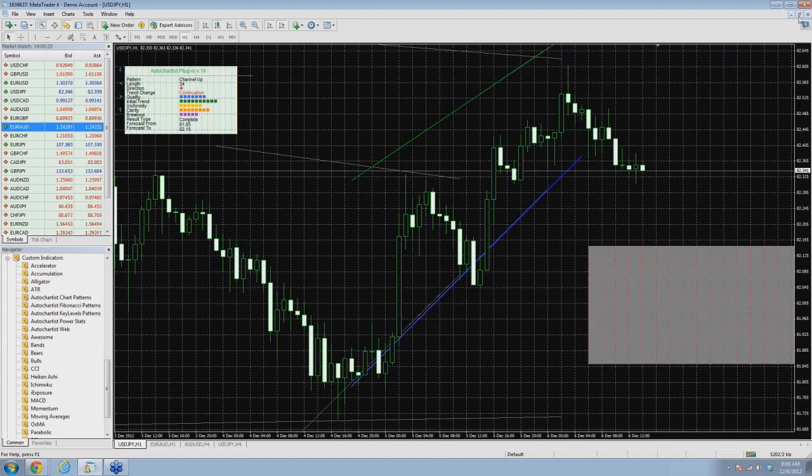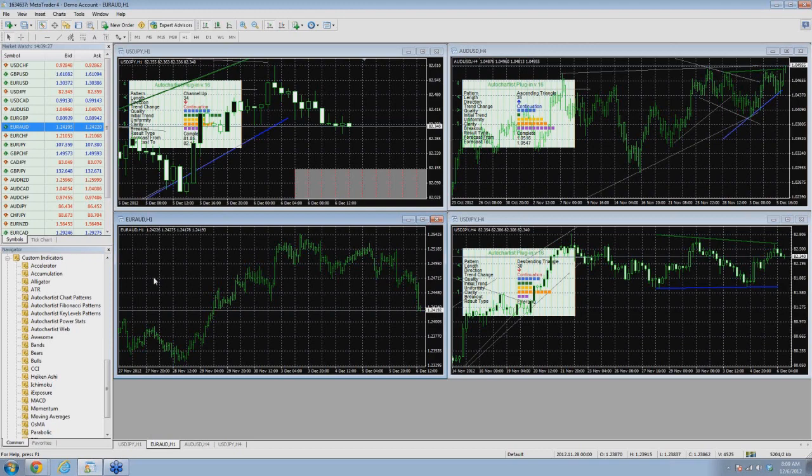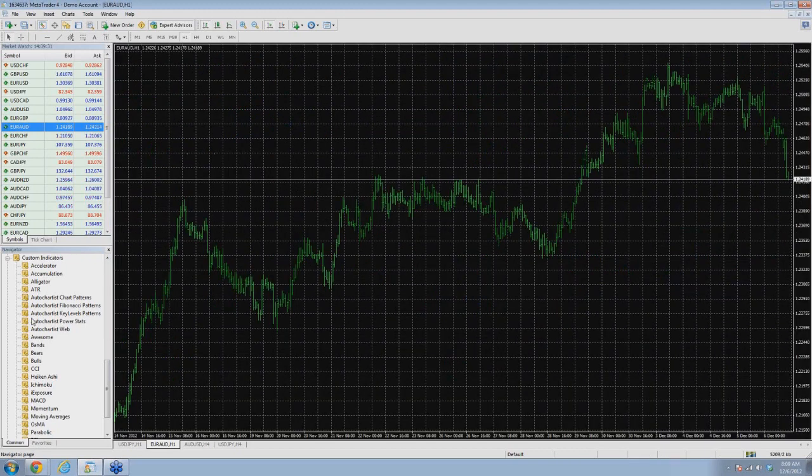another pattern we could use, and here's in the Euro Australian dollar. If you wanted to, we can grab and highlight this Autochartist Fibonacci pattern, and we can slip that into our charts, and we'll see if there's a pattern coming up here. And it takes just a few minutes while it's populating the data and studying the data. And then once we get that data in there, we'll be able to see if we have a pattern or